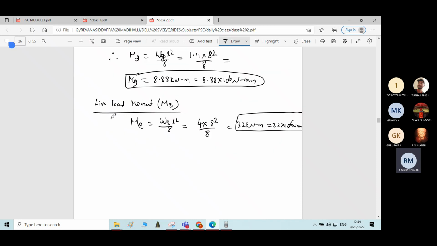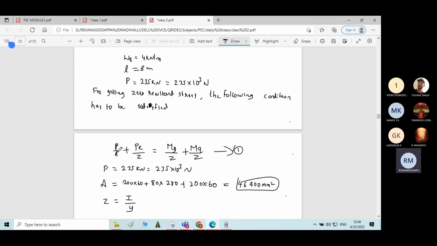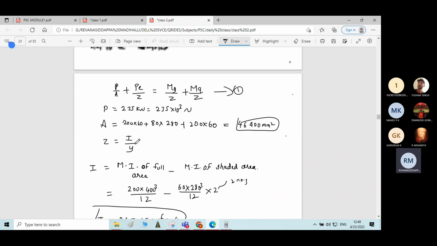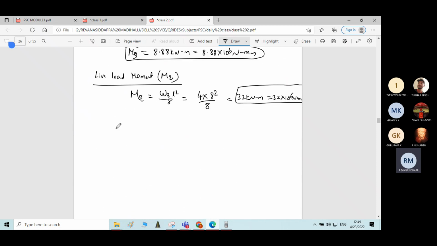Now we got all the required parameters: P, area, Z, Mg, Mq. All these you just substitute in this equation, and you will get the required eccentricity. Therefore, the equation 1 becomes,